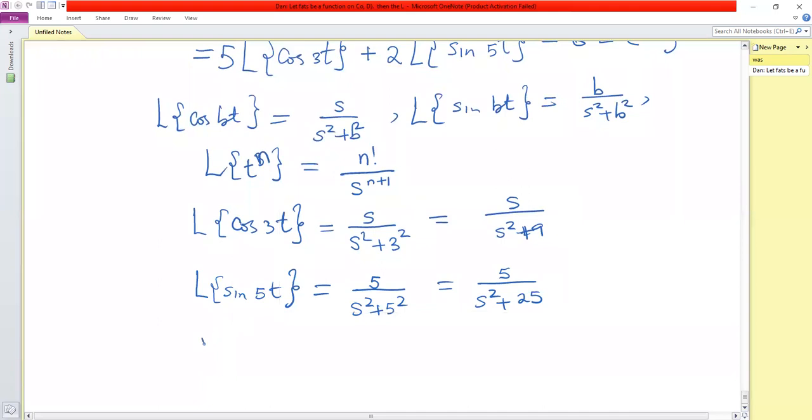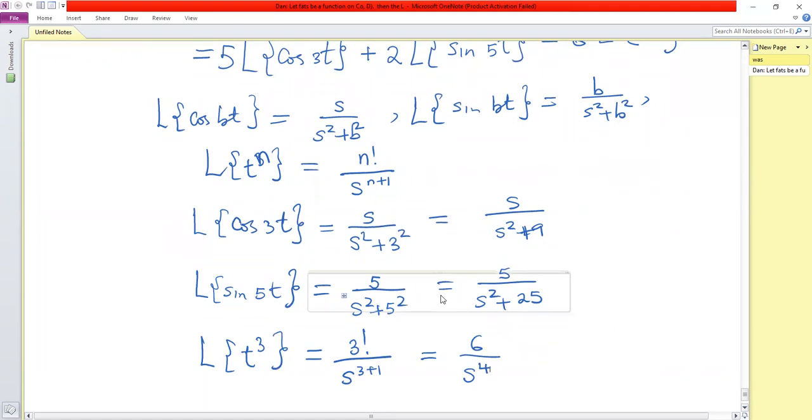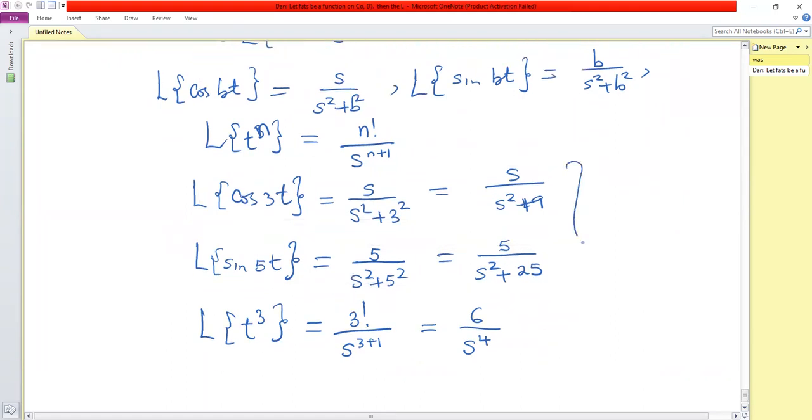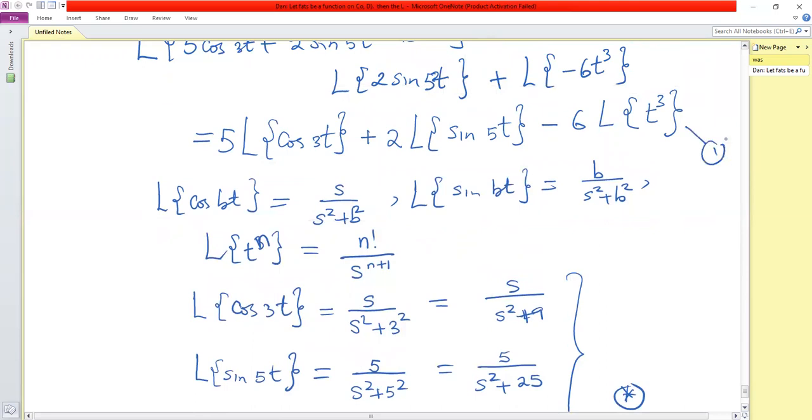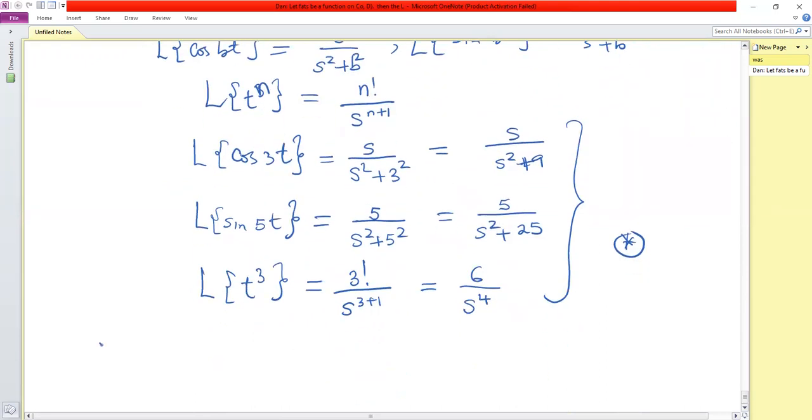And then the Laplace transform of t cubed. Now n is 3, so it will be 3 factorial divided by s raised to power 3 plus 1. 3 factorial is 6, so 6 over s power 4. So replacing these values, if I call all this star, and I call the earlier equation 1, then replacing star in 1,